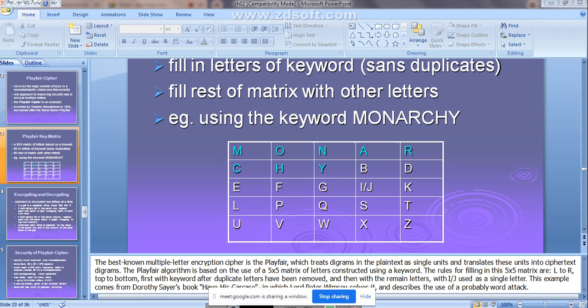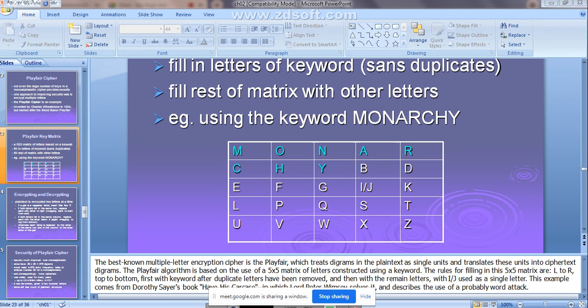B, right? Consider H and S. See, in this column, what is the value? B, right? For this character. So H is replaced with B, and it is going to occupy the column occupied by the other plain text letter. So S is replaced with this particular column value, that is P. So HS is replaced by BP.